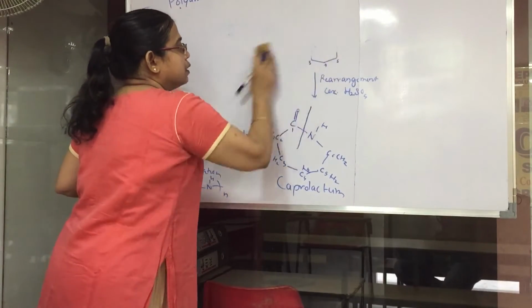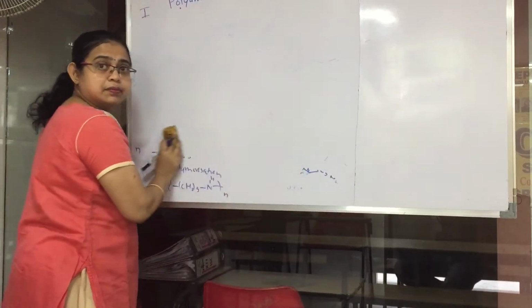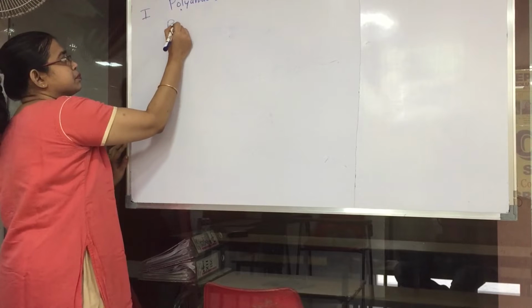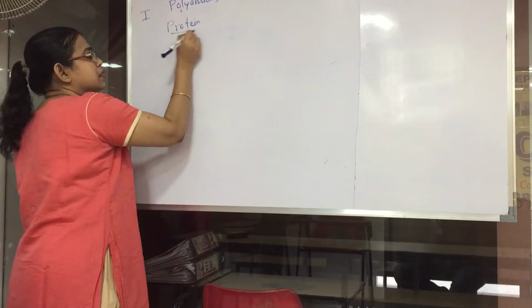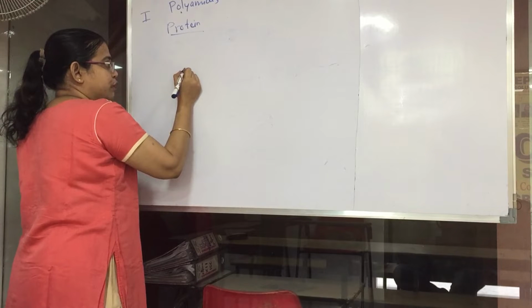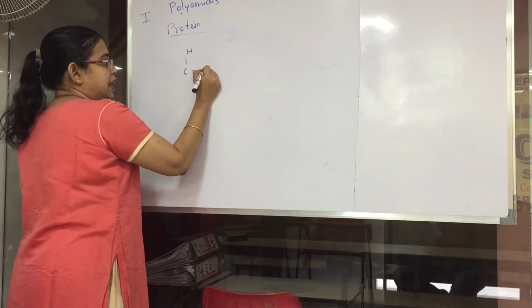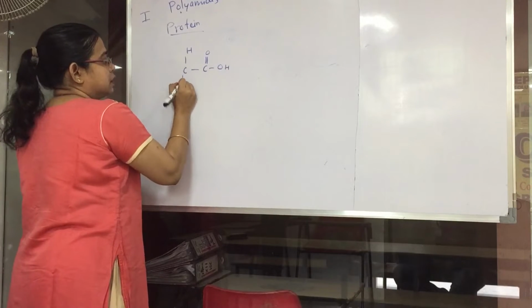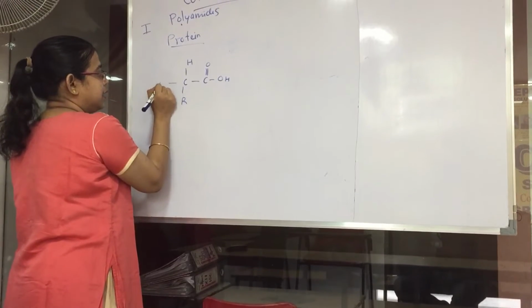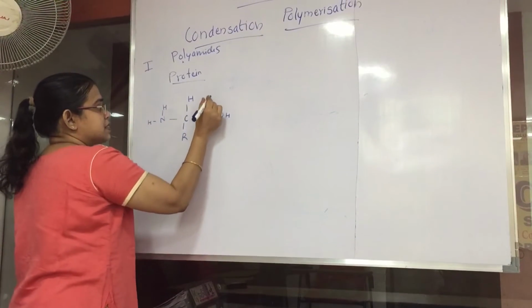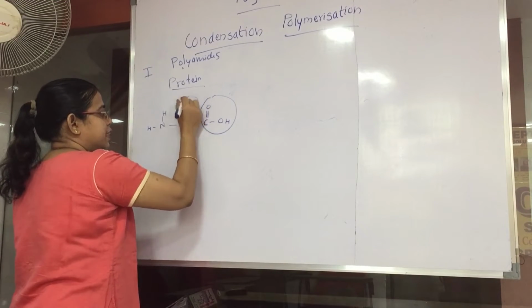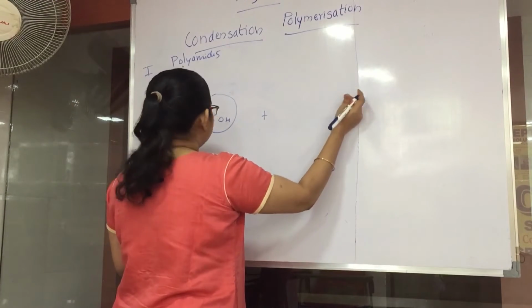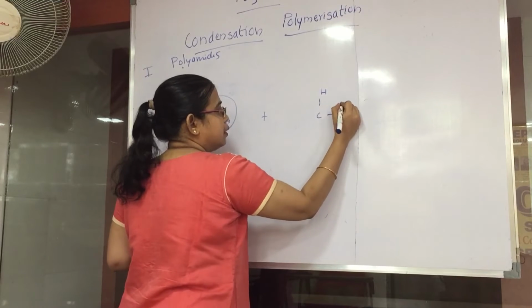Now we will move on to the third polyamide, that is protein. So let me first draw the structure of alpha amino acid. So this is an alpha amino acid. Alpha amino acid is a molecule which is having a COOH group, an alkyl group, I am writing it as R, and an amino group. So this is an alpha amino acid which has a carboxylic group, a hydrogen, an alkyl group, and an amino group. So I am adding this alpha amino acid to another alpha amino acid, I am using the same type for sake of convenience.